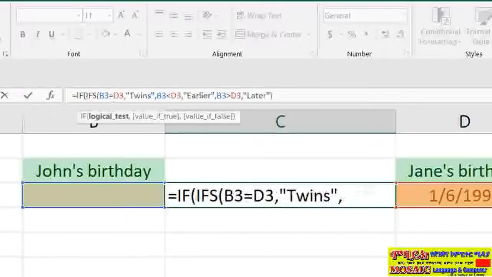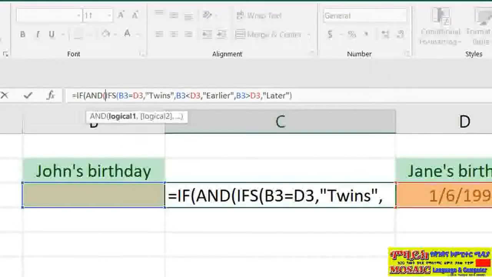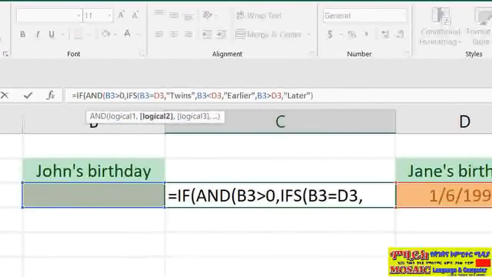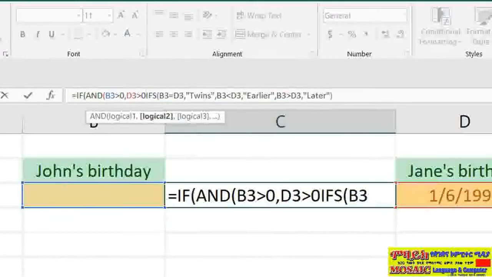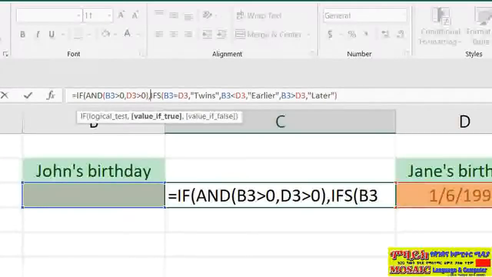So if, open parentheses, and now we're going to use that AND function. And first we're going to check that B3 is greater than 0. And our next check is that D3 is greater than 0. Now if that's true, so if both B3 and D3 are greater than 0, then we'll run our if-else function. So the if-else is essentially the condition of the value if true. So what's our value if false? Let's jump across to the end,